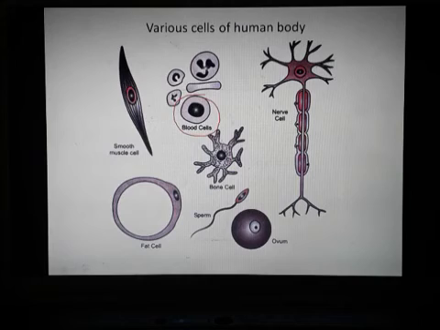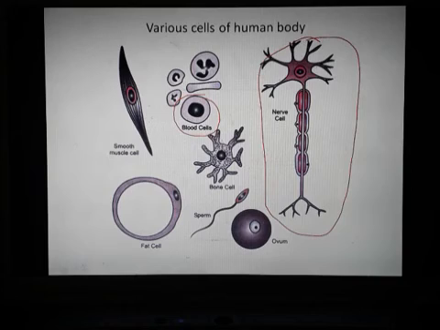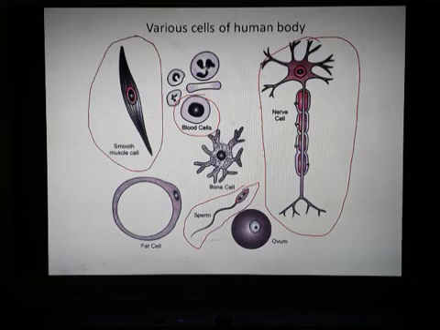Similarly, a nerve cell has many branches and elongated end branches. This is because they have to pass messages very fast. This branch type helps them to pass these messages. Similarly, sperm have a long tail so that they can move easily. Then this is your muscle cell. They are elongated so that they can be flexible. You can move your hands and legs with flexibility. So talk about any cell, they have a specific shape to perform a specific function.